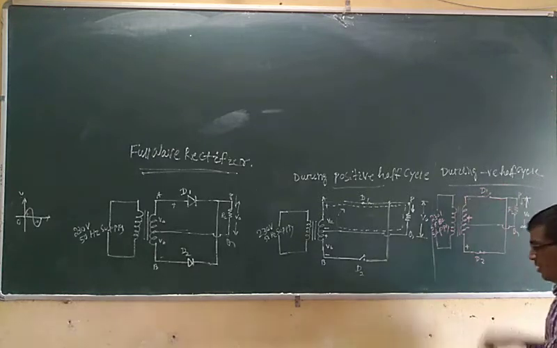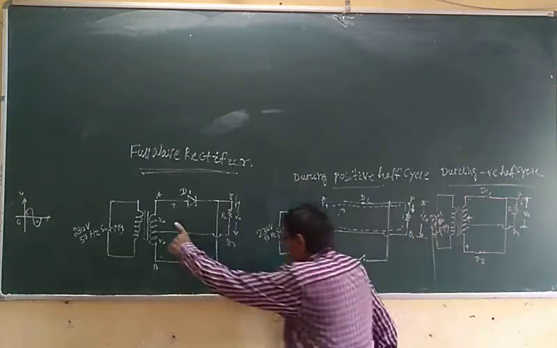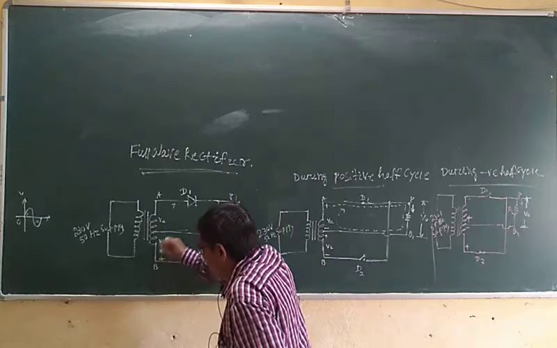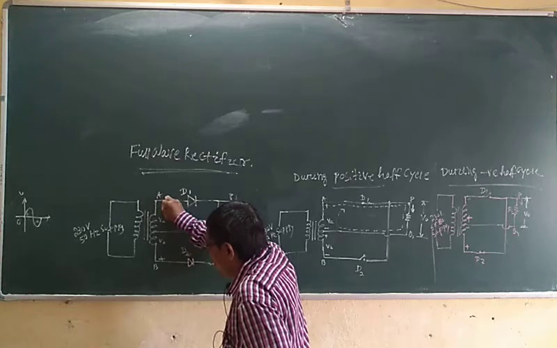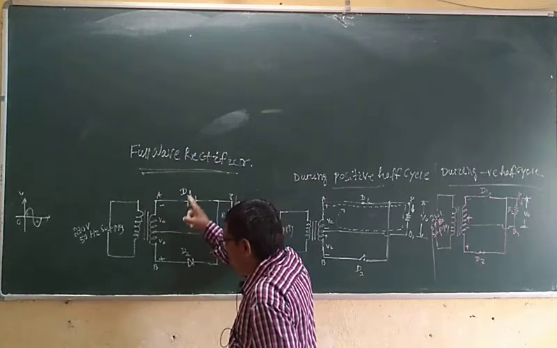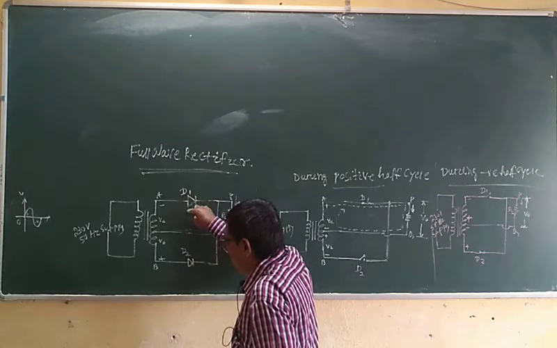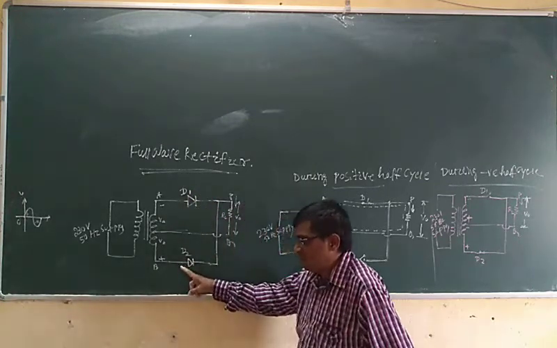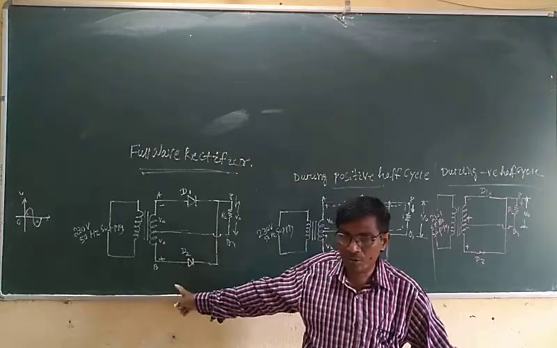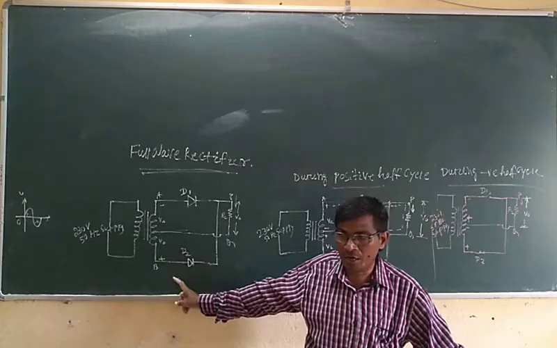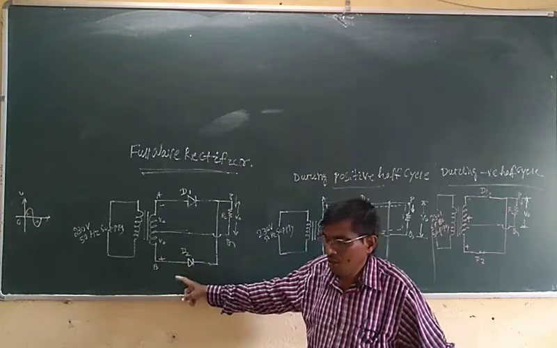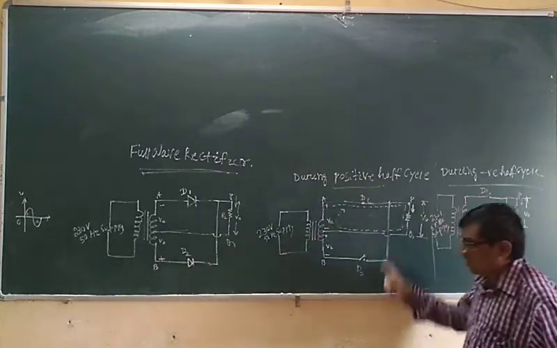During the negative half cycle, we see the circuit where the supply voltage is positive at D2 and negative at D1. Then diode D1 during the negative half cycle is reverse biased, that is open, and diode D2 is forward biased, short circuited and switched on. So the current will pass only through diode D2 during the negative half cycle.